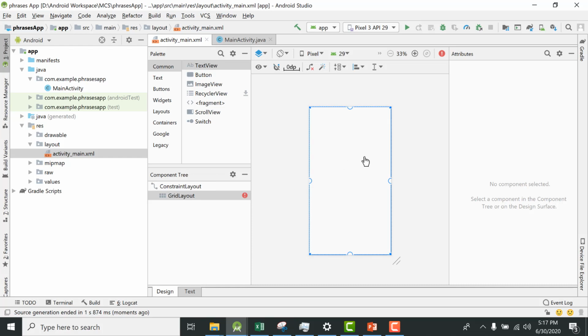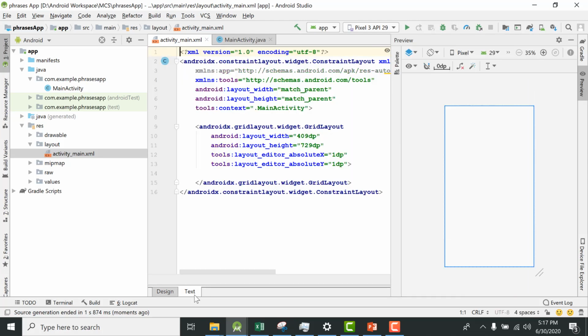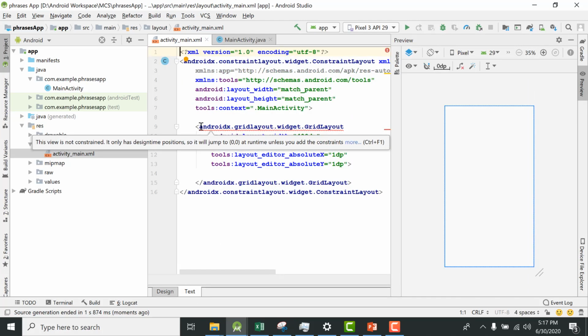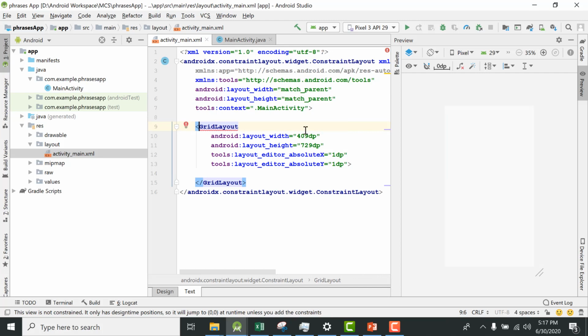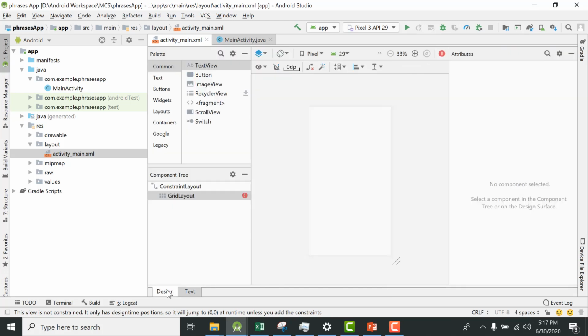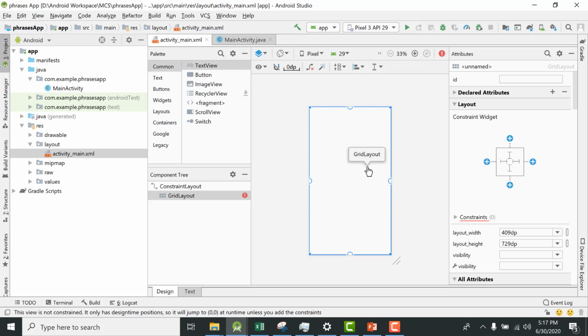So at this moment we have an error, and let's see what is that error. So let us go into the design mode, and let me just remove this. I do not want this version and .x. I just want a simple grid layout, and then I can select this grid layout. The error is because we haven't constrained it. So constrain it to the top, to the left, to the right, and to the bottom. So you see the error has gone. Let me give it the ID. So the ID is grid layout, and that's looking okay.